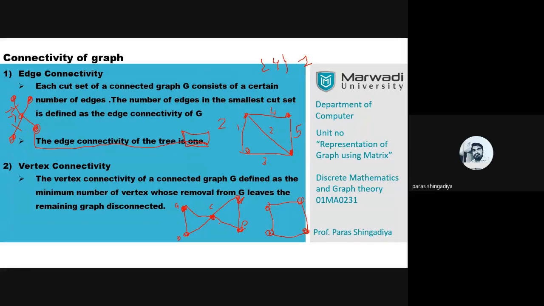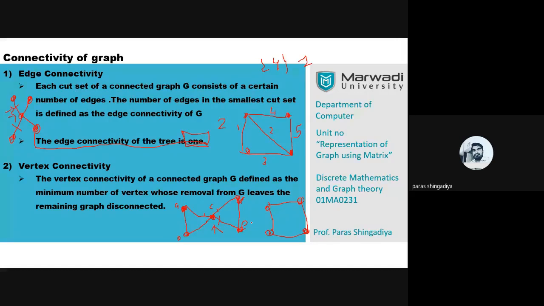But in place of A, if I delete the middle vertex C and remove it from the graph, then the inside 4 edges will also be deleted, because they are connected with vertex C. When we delete C, the graph splits into two parts: one part includes the two vertices A and B, and the second part includes the two vertices D and E. There are two parts you can easily see. It is a disconnected graph now.